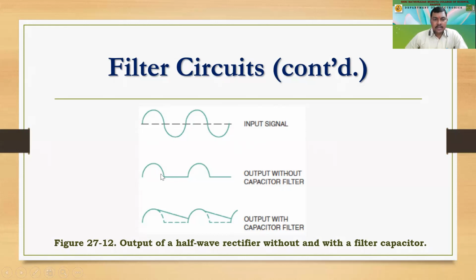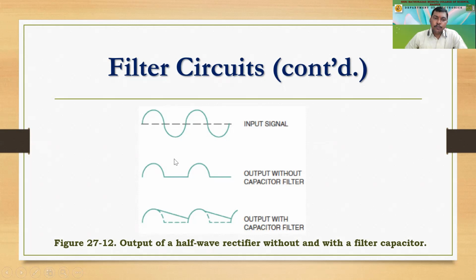After the rectifier circuit, when we put this input signal to a rectifier circuit, we will have these types of half waves. Since we have put it to the half wave rectifier, then what happens? We'll have this, right? During the positive half, it will be on, and during the negative half, we'll have output as zero. Again, during the next positive half cycle we'll have the output, and for the next negative half cycle we'll have zero.